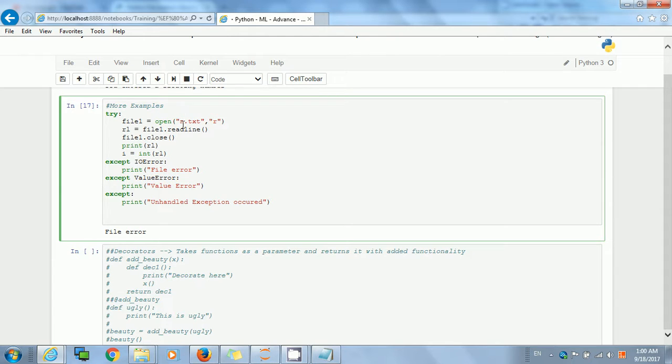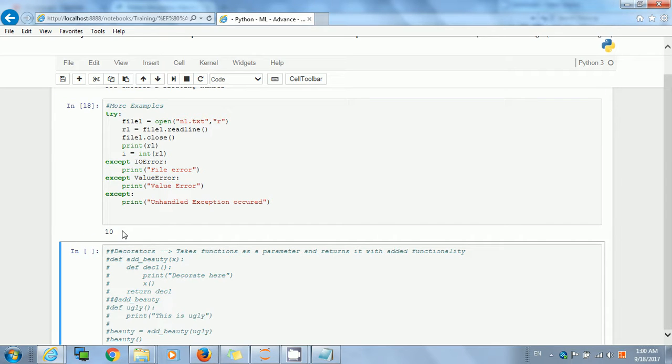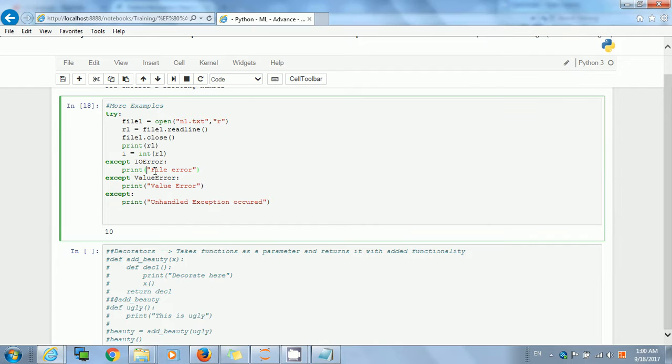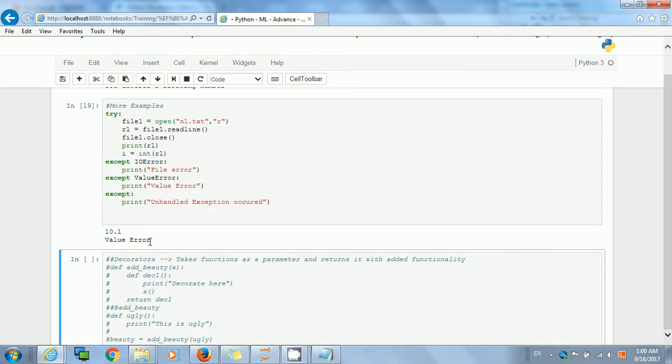Sorry, let's make it 1 here, okay. So it's 10, so it is correct, it's working. Now let me make it 10.1. So it cannot be converted to integer, so it should say value error. Let's see over there, value error. It's printing 10.1 and the value error has occurred because you are unable to